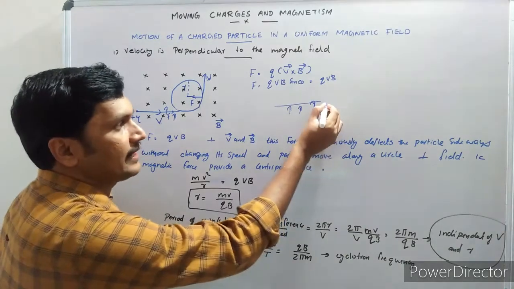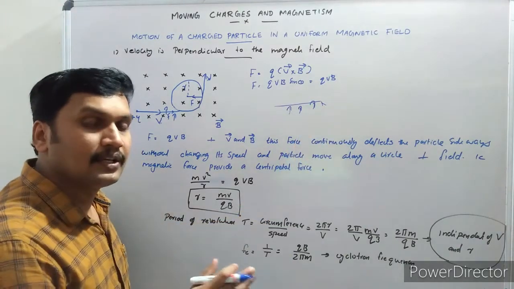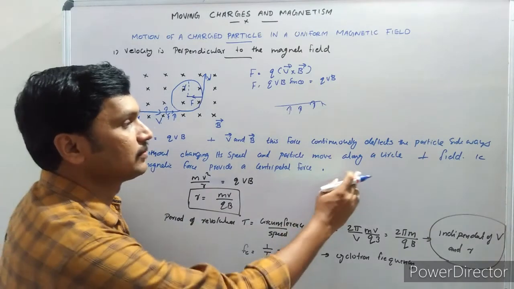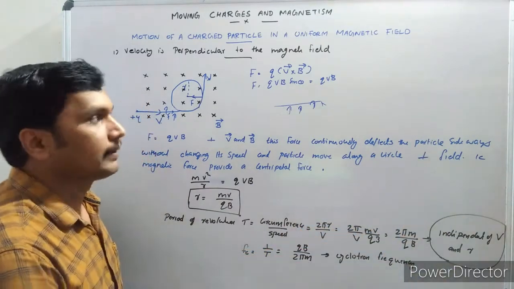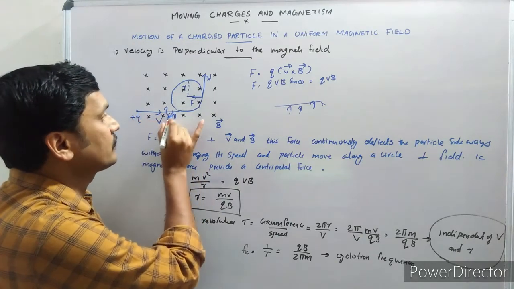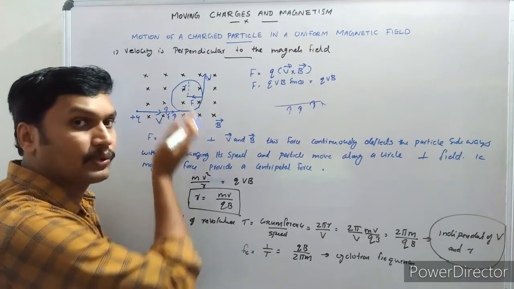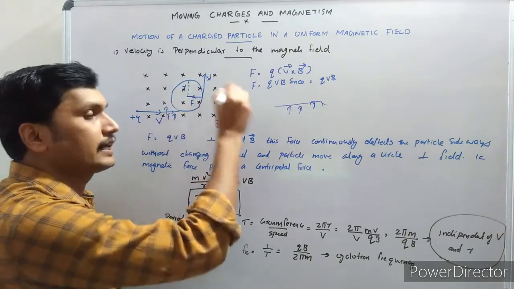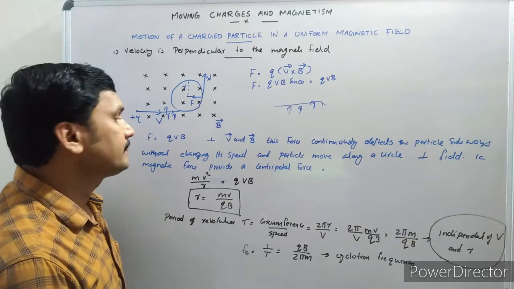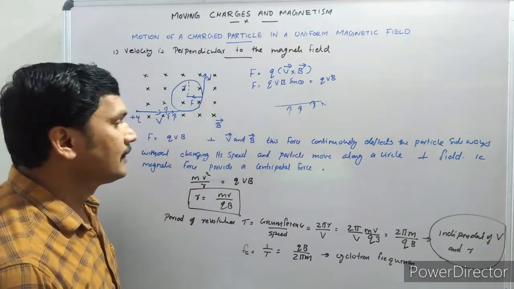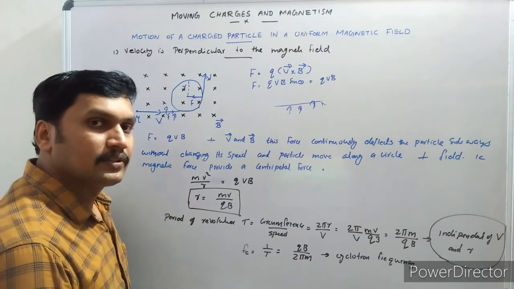If the force is always acting perpendicular to the motion, the charge describes a circular path. The charge moves along a circle perpendicular to this field. So the charge entered this field, the force is always perpendicular to the velocity, and so the charge describes a circular path through this magnetic field. The circular path is perpendicular to the magnetic field.